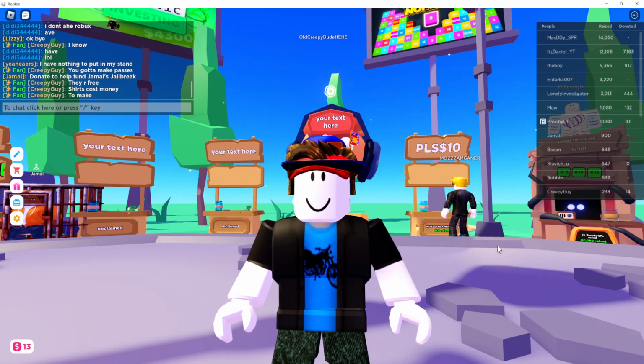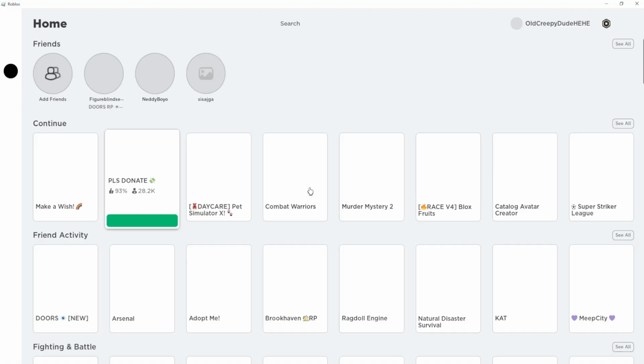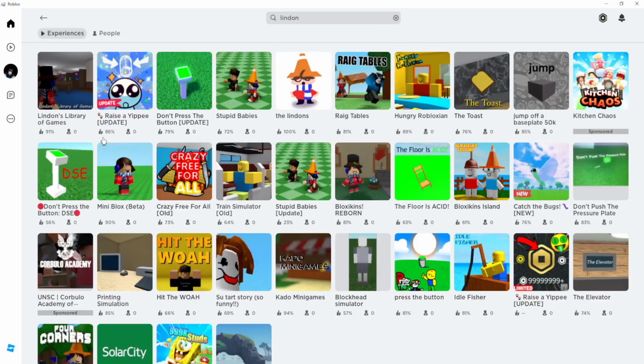Here's how to get another free booth in Please Donate Roblox. So leave your Please Donate game, search for Lindon right here, press enter. You should get Lindon's library of games. Open up this game right here,